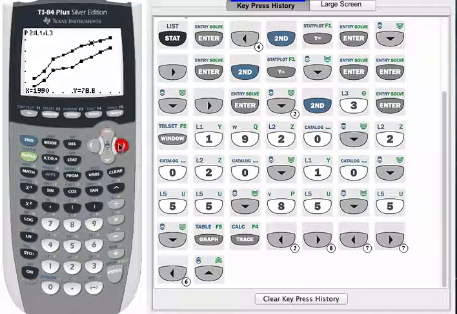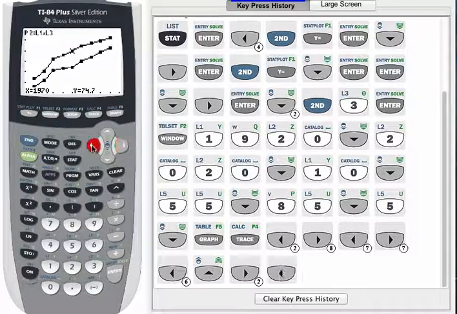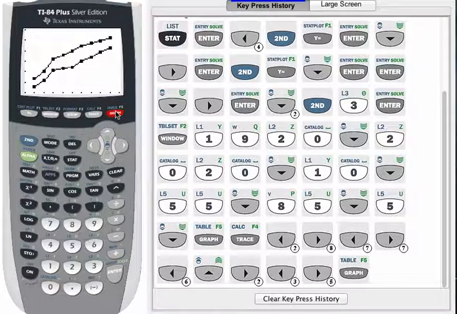So again, by pressing the right arrow, interestingly enough, it should take us backwards. The left arrow will take us forwards, and that's because we listed the data in reverse order in our list editor. So not a big deal. If I press the graph button again, what's important here is to make a comparison about the 2 trends